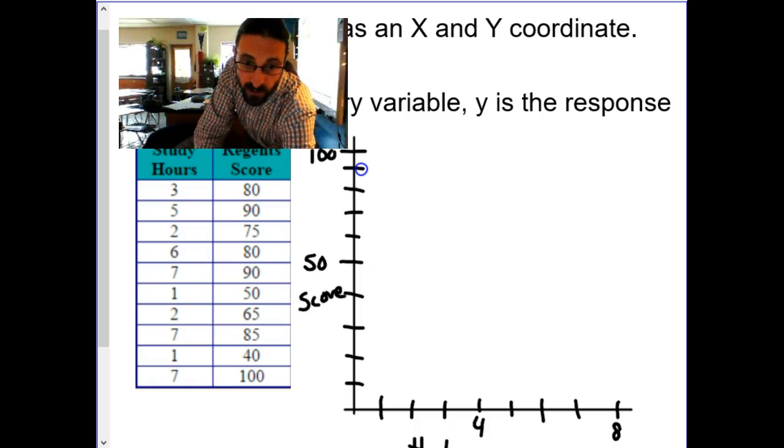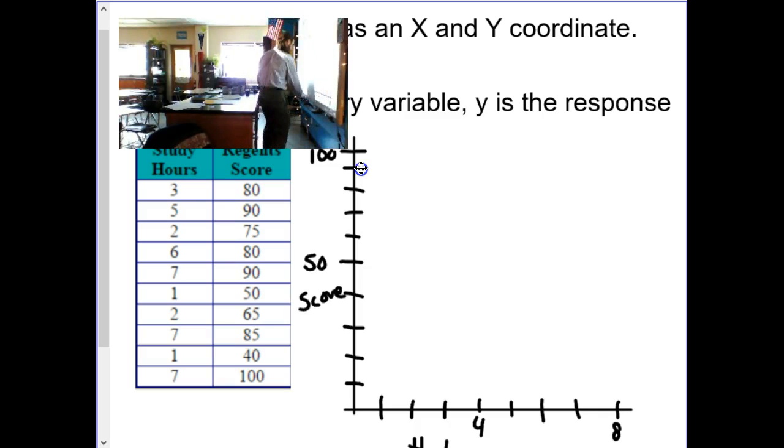Now the next thing I have to do here is just plot this out. So let's go ahead and do it. Again, study hours is x, Regents score is y. So I go to 3 and up to 80, 5 and 90, 2 and 75, 6 and 80, 7 and 90, 1 and 50, I've got 2 and 65,